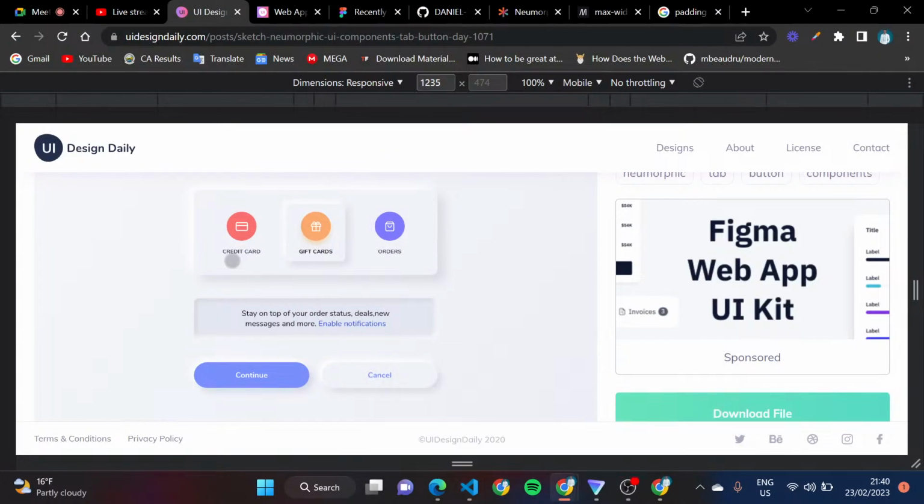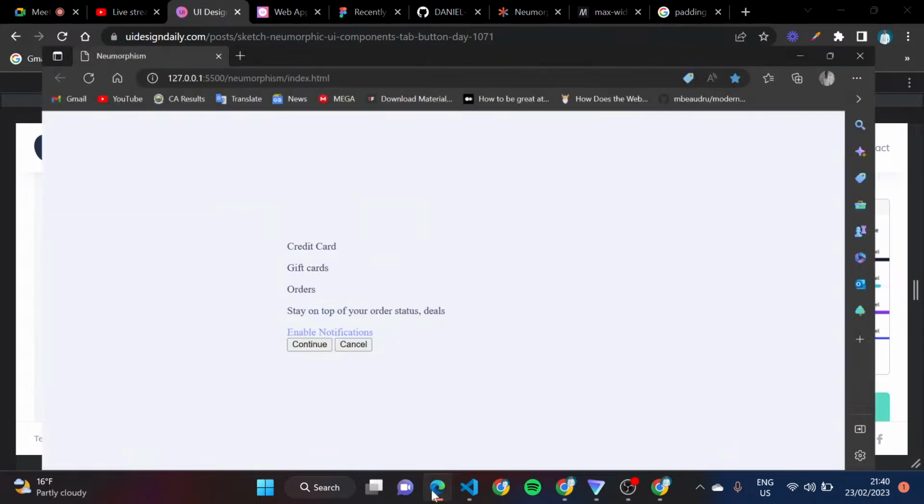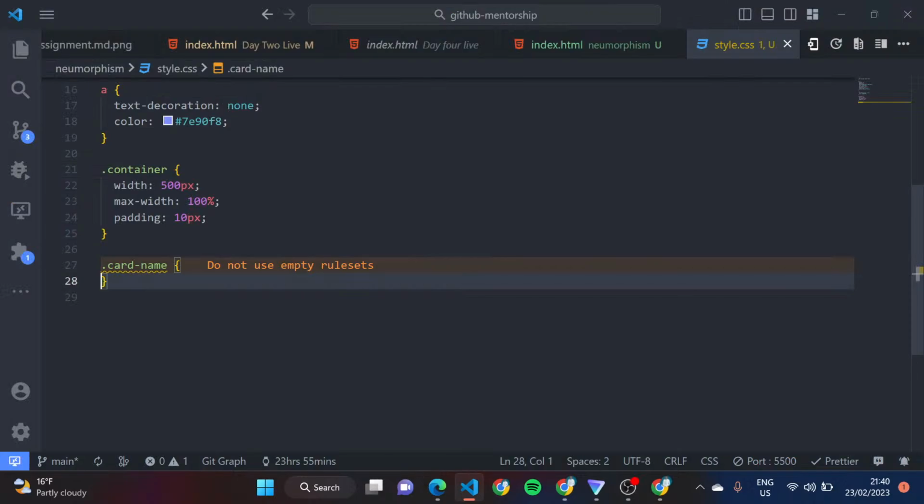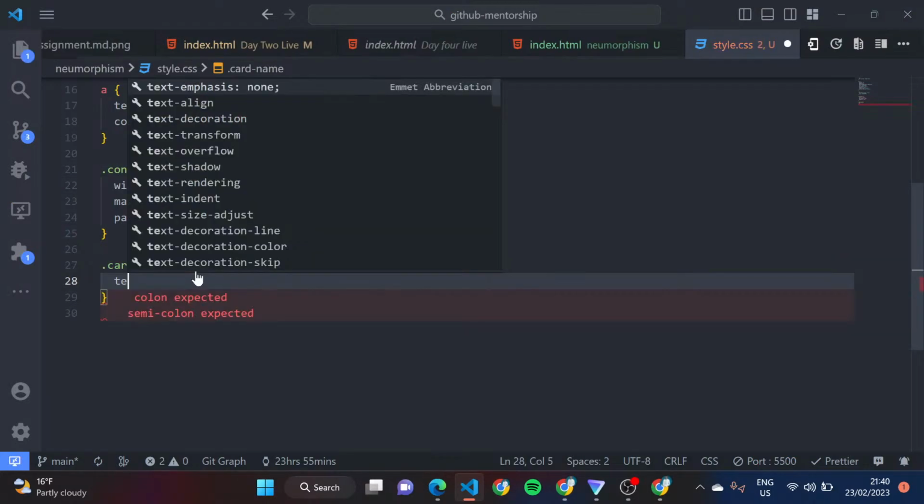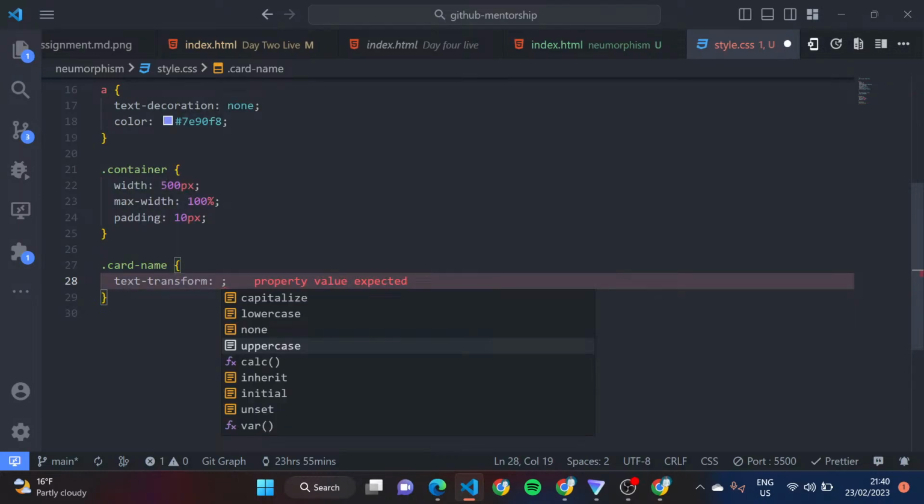The first thing you should take note of is that the card names are all in uppercase. There is a way in CSS to transform everything to uppercase. You can just give it a text-transform of uppercase. So that's how we're going to do it for our cards. You can just give all our cards the text-transform uppercase. Okay,